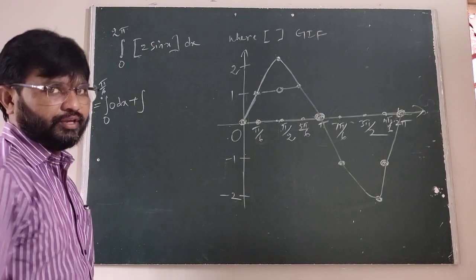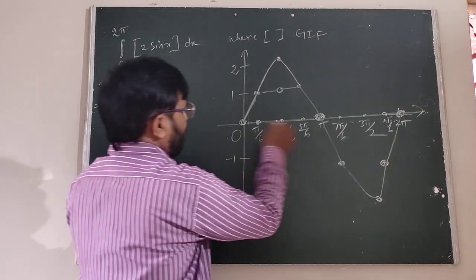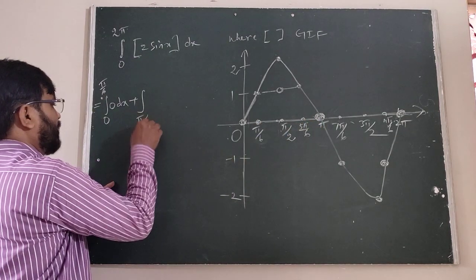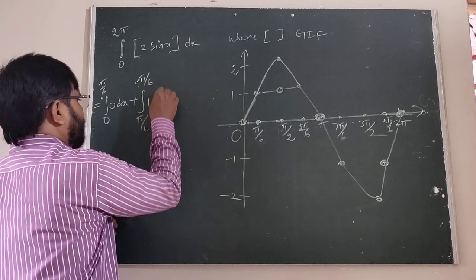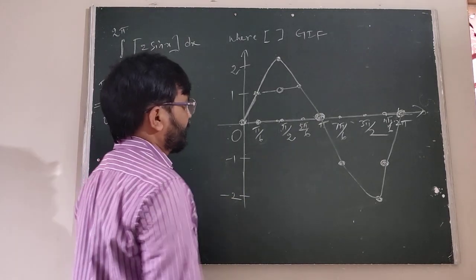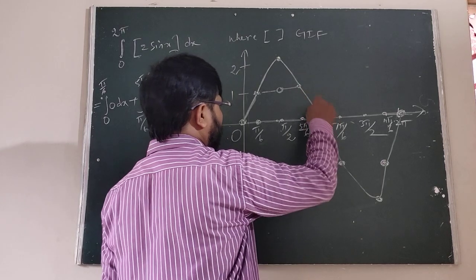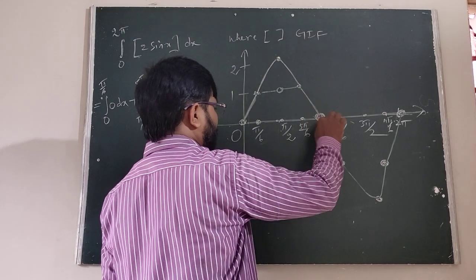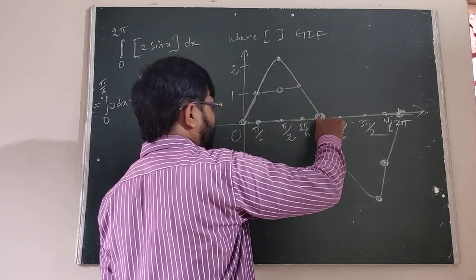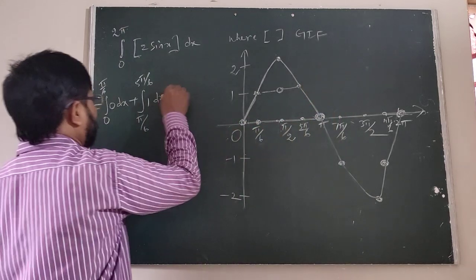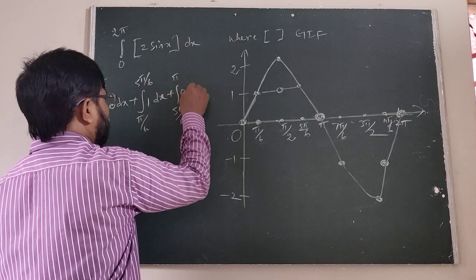Now we can write this. Therefore, now this is pi by 6 to 5 pi by 6, undoubtedly it will be 1 dx. After that, here, all of you listen. 5 pi by 6 to pi, again come down. That value is in between 0 to 1. Yes or no? When we are taking 5 pi by 6 exactly, this is 0. But in between the region, undoubtedly 5 pi by 6 to pi, that is 0 dx.